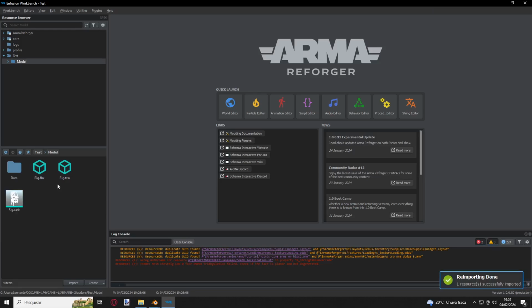In this case, the model has like 200,000 poly, so it may take a while. So we have your model right there. We can search for what we need, like the prefab. In this case, I'm gonna search for like